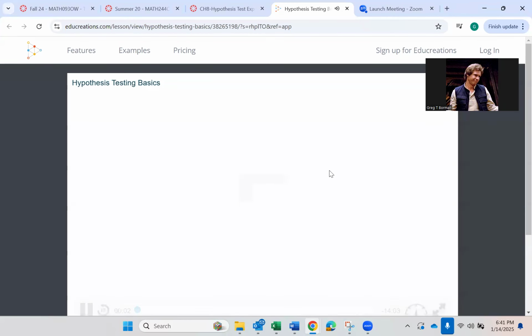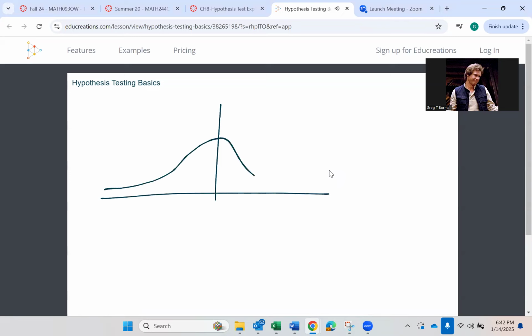Here's the basic idea of the hypothesis test, and it applies to z distributions, t distributions, chi-square distributions, f distributions, all of them. Just to keep things simple, let's stick with the z distribution. Okay, so you have your distribution,